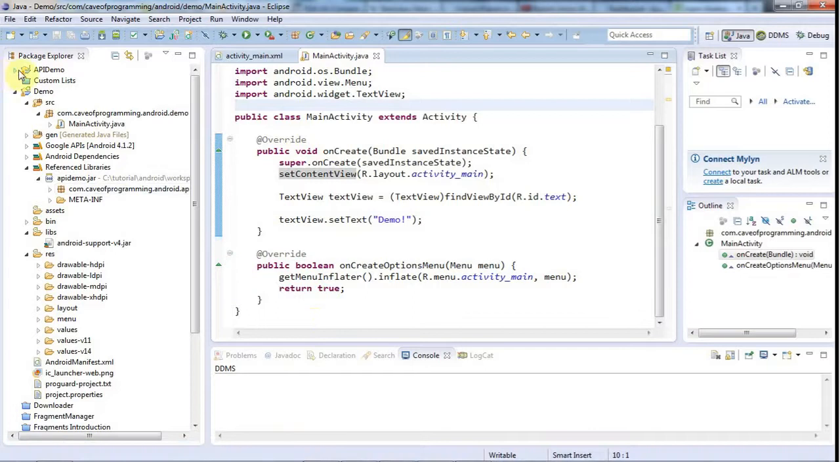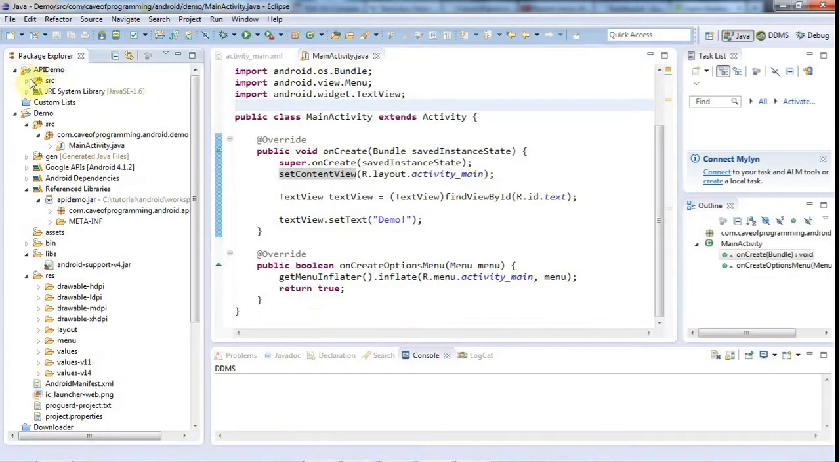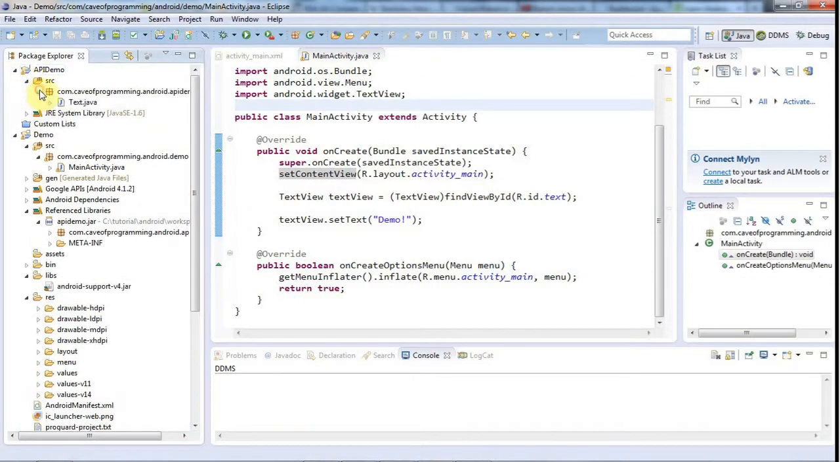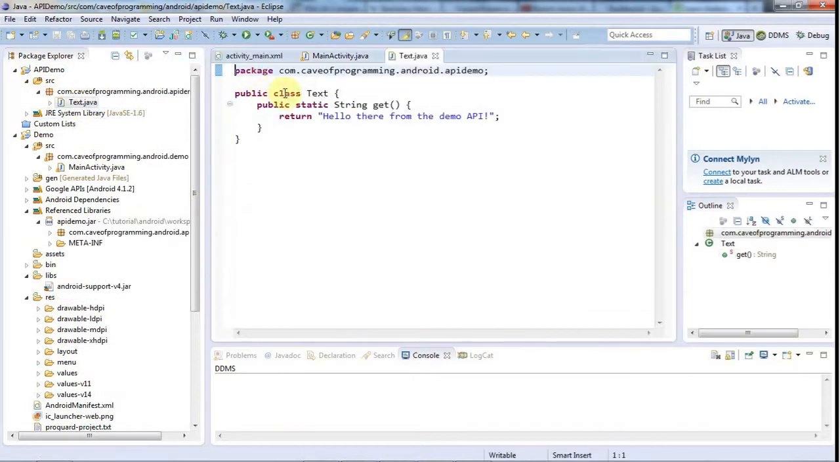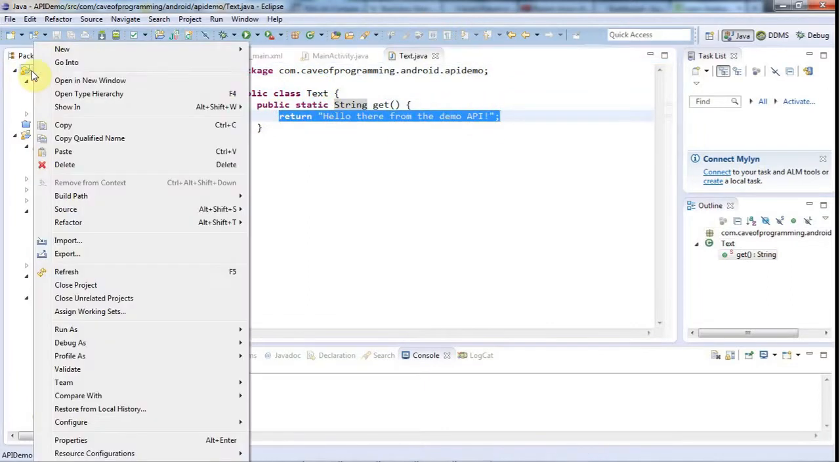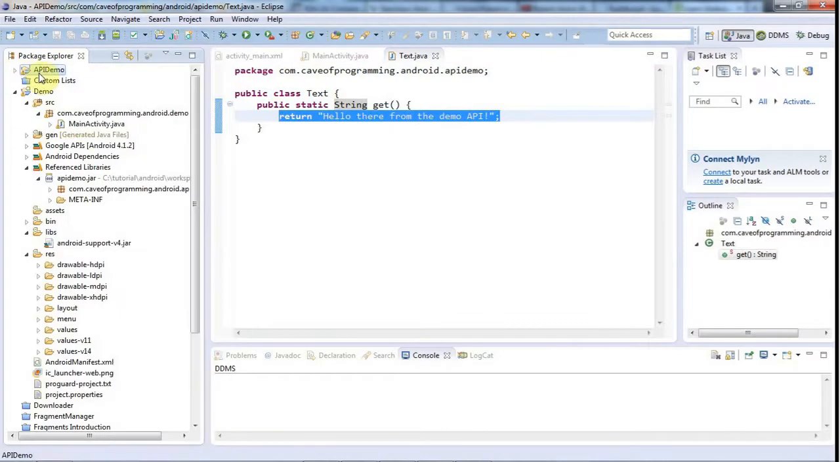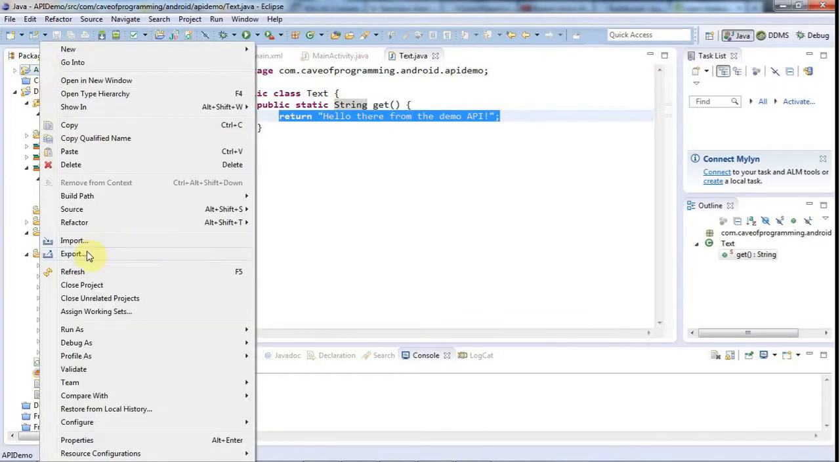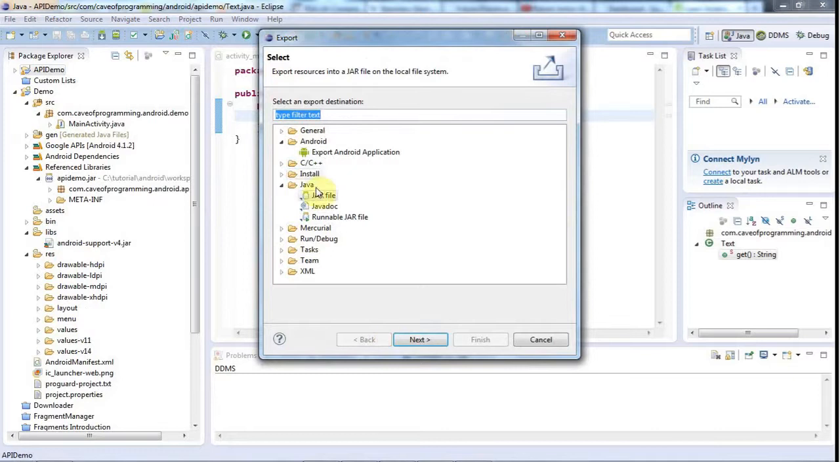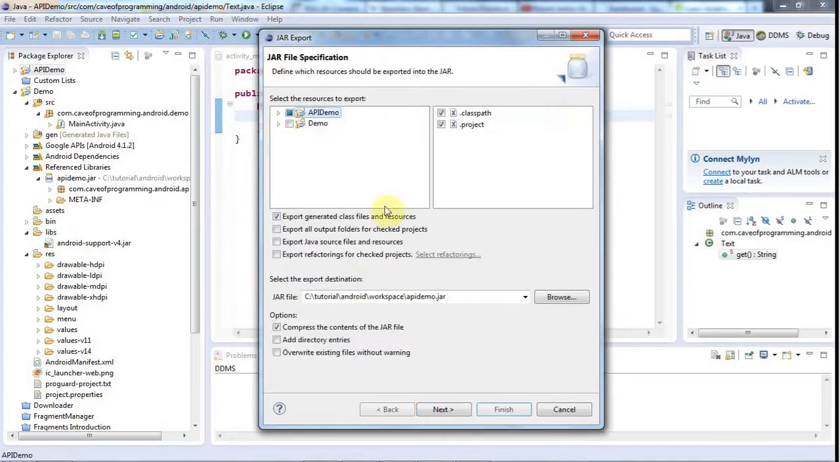So I've created a little demo API jar myself. I created this project and I just put a class in it called text, and it's got a static method called get, which just returns this text, hello there, from the demo API. And I created my own little API demo by just going to export on this project and exporting it as a jar file. So hopefully if you're using a third-party API, you can get a jar file from somewhere,